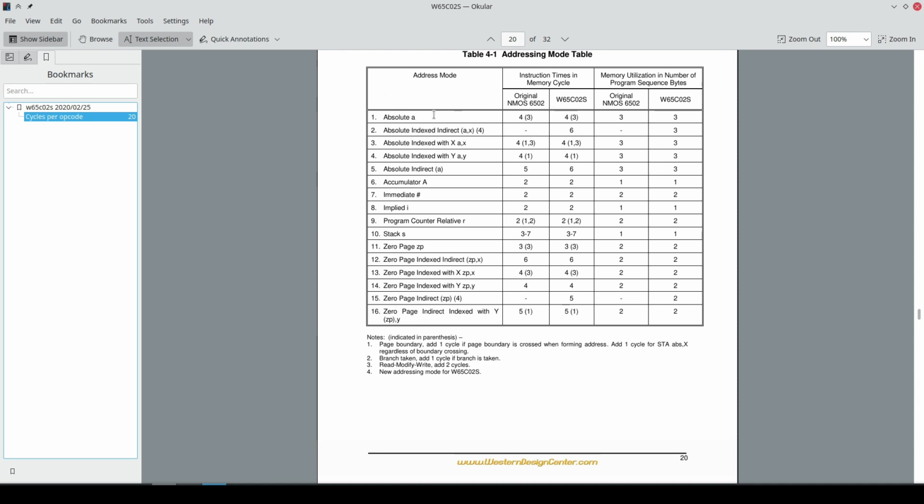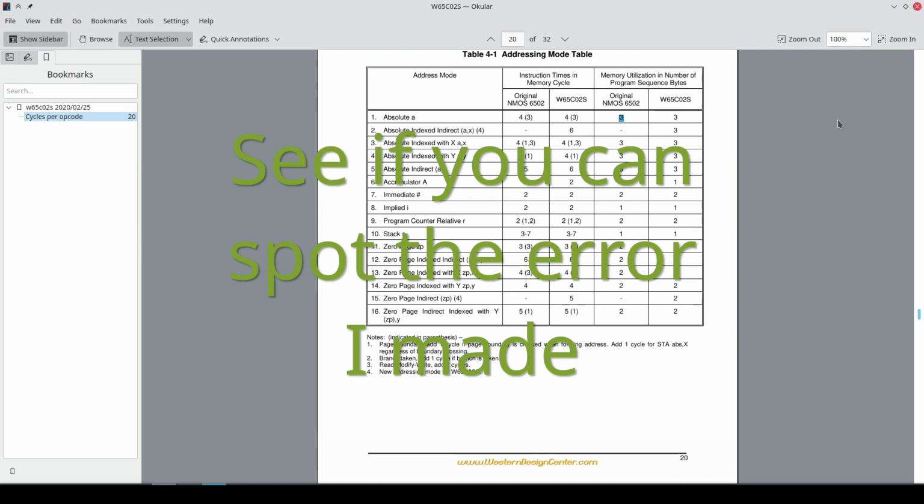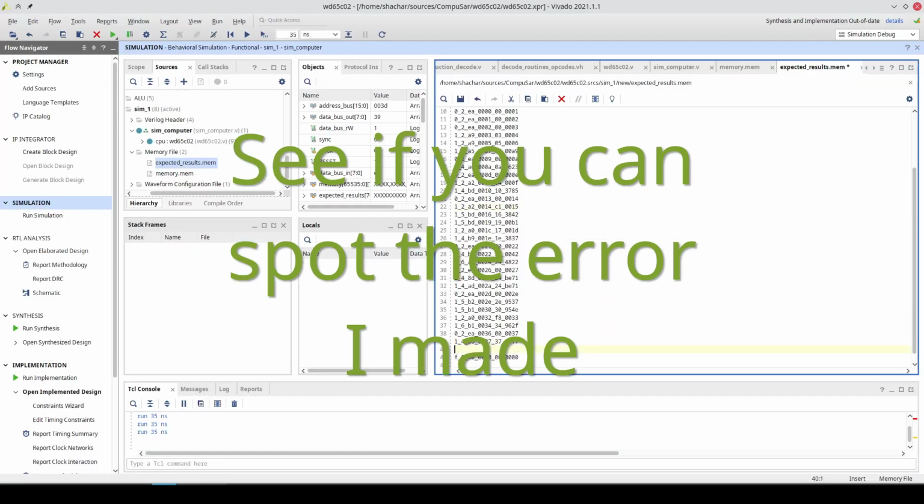Now, the new command we added uses the absolute addressing mode, so it should take 4 cycles, unless it's a read, modify, write command, such as add or XOR, which has to read the value, compute the new value, and then write it back. So that adds 2 cycles. But load X is not a read, modify, write command, so just 4 cycles. That's how long it should take. That's on the 65C02. On the original NMOS 6502, it also took 4 cycles. And the command itself is 3 bytes long. Again, no changes there.